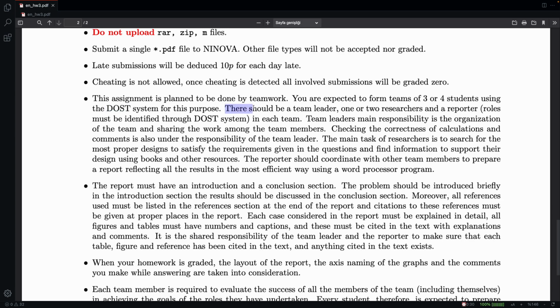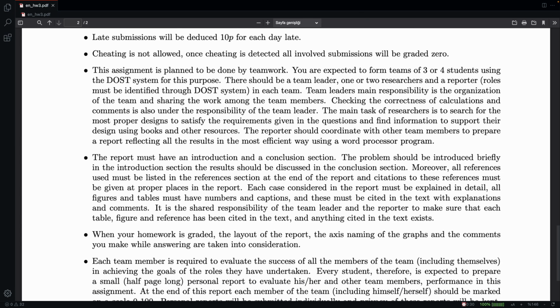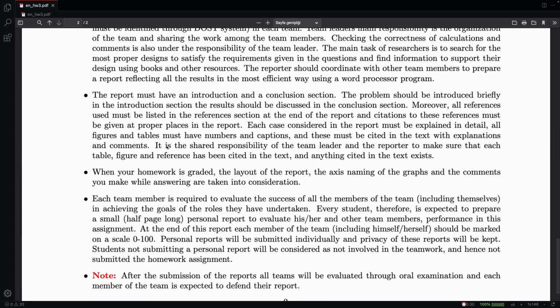There should be a team leader, there should be researchers and a reporter, and as the name implies, the team leader has some responsibilities which are defined here, which you can read, of course. The reporter is going to be responsible for the report that you're going to generate, and of course the researcher needs to research the material here. So there's kind of this structure which you should definitely experience, and which is also important because we will have some